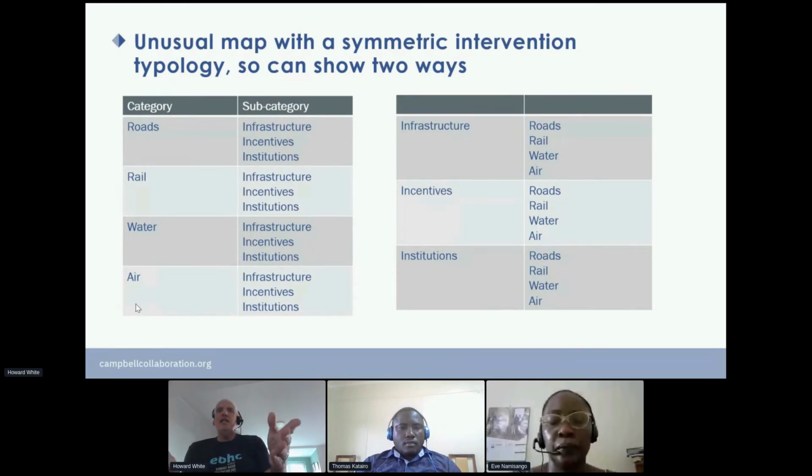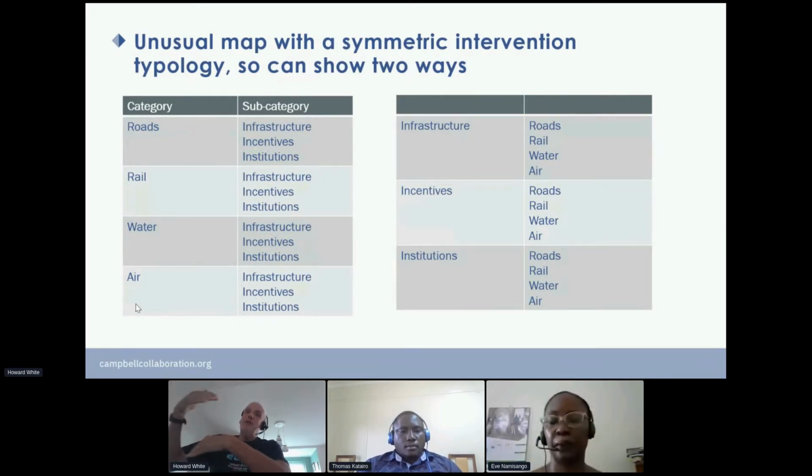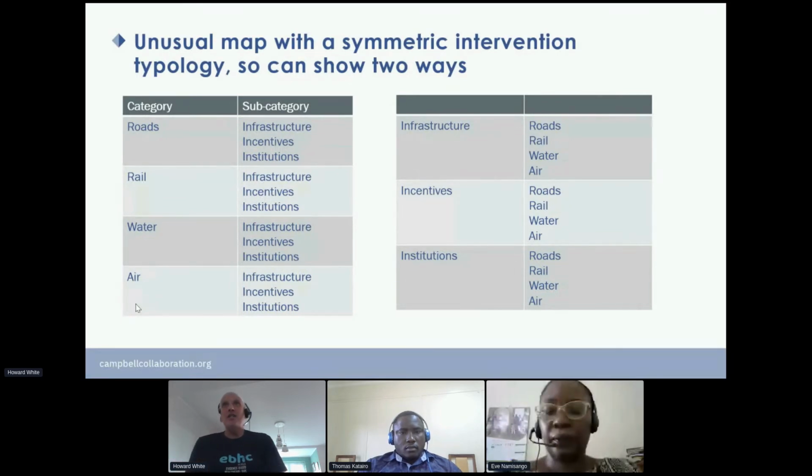So you see that when you collapse it, most literature is about roads, but there's a very rapidly growing literature about rail, particularly in China, where the railway network is expanding at an amazing pace, and the number of studies around the impact of railways is growing equally rapidly. But waterways, very little from China, hardly anything else, and air transport, again, hardly anything. Or you can collapse it by infrastructure, incentives, institutions, which makes it interesting, where you see nearly all the literature is actually about infrastructure, very little about incentives, and hardly anything about institutions,